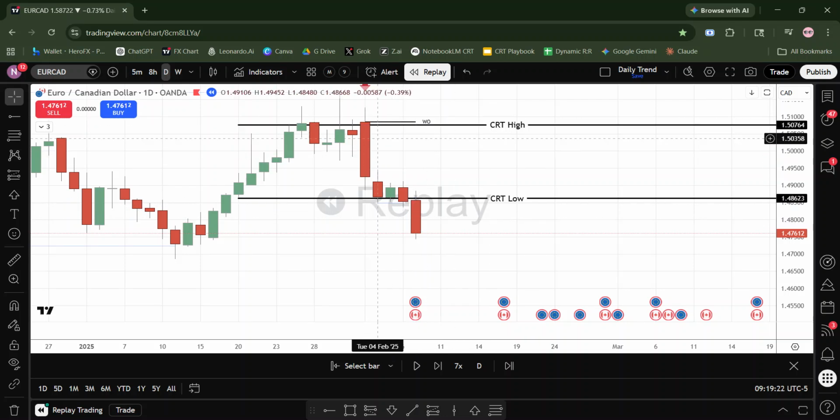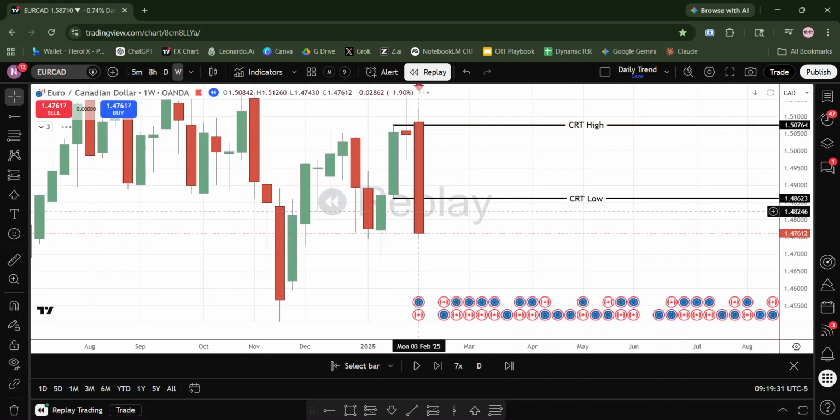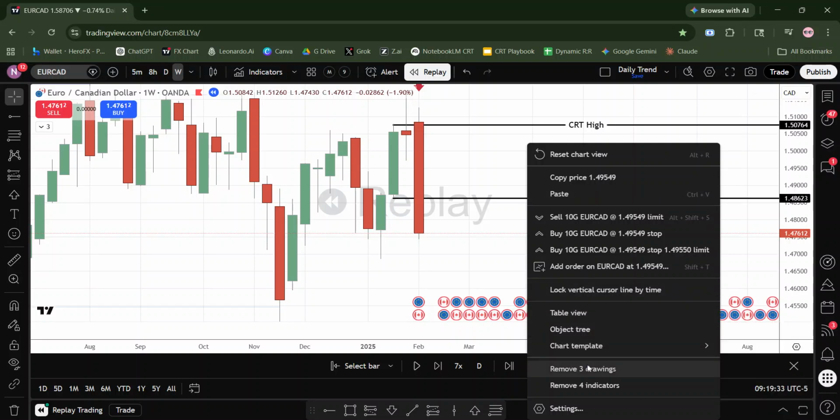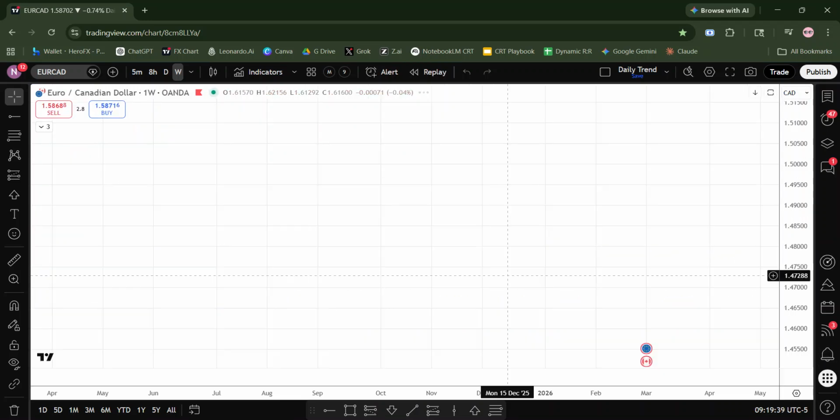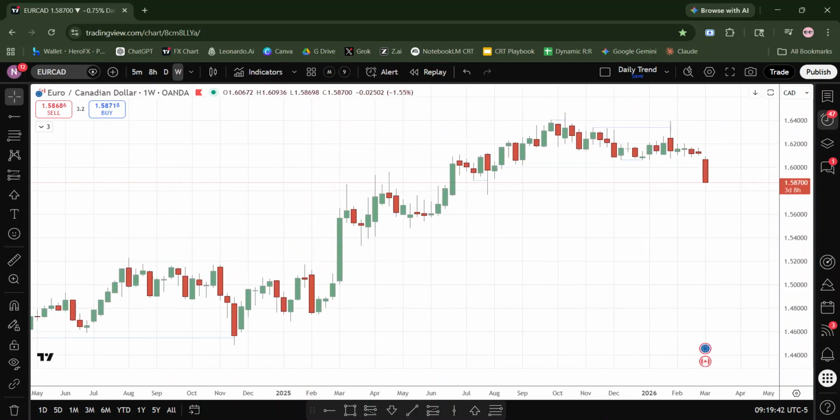So that was that. So I would start on Monday because remember, once it turns red, we expect it to stay red. But will that always happen? No. Let's see if we can find one more that may not be as perfect. So we'll get out of this replay. And let's try